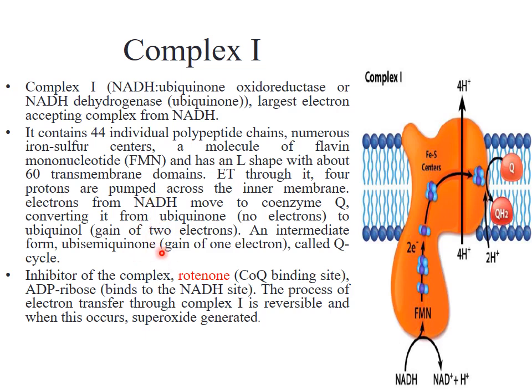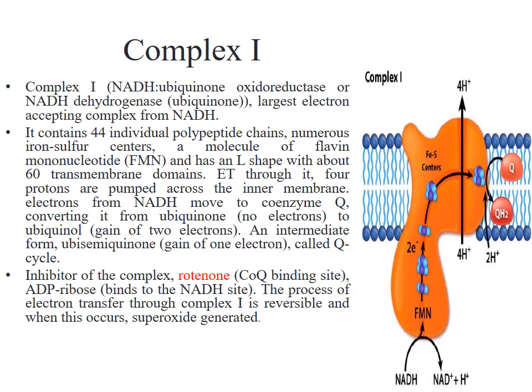As I told you previously, electrons move from complex 1 to complex 3, which is the docking station. So this transfer of electrons from one molecule to the other is regulated by the Q cycle, in which ubiquinone is the main regulator, which exists in three states: one in which it has two electrons, another in which it has one electron, and the last state in which it has no electron.